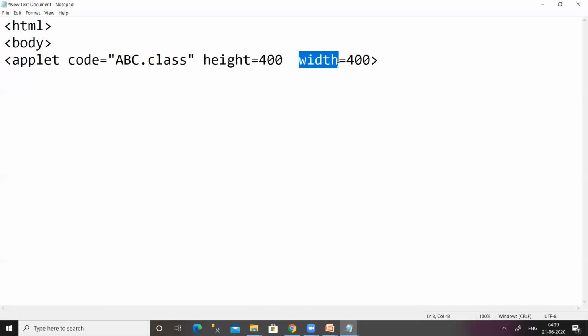As we studied in the first session, the output of an applet program will be displayed in a separate window. So the height and width of that window are mentioned here. As we mentioned, height equal to 400 and width equal to 400. So that output window will be generated with a height of 400 and a width of 400.